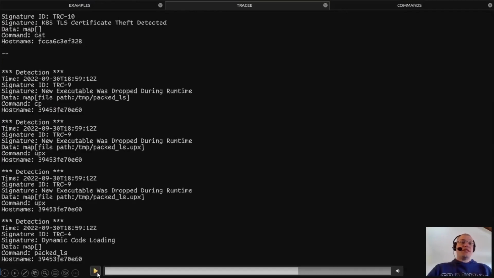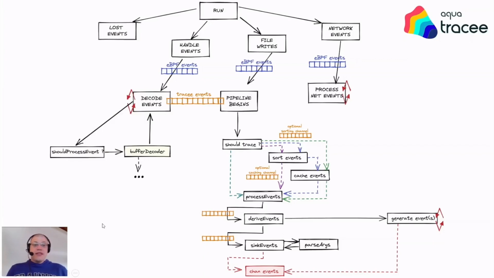This other simple flow graph focuses on the major logic of the pipeline, serving as a base for the next slides. From the top to the bottom, we will be focusing on the handle events portion of the diagram. All the perf buffer events from all the eBPF programs loaded and attached, depending on the requested event types, either by command line or through the signatures being used in Tracee rules, are sent to a single Golang channel